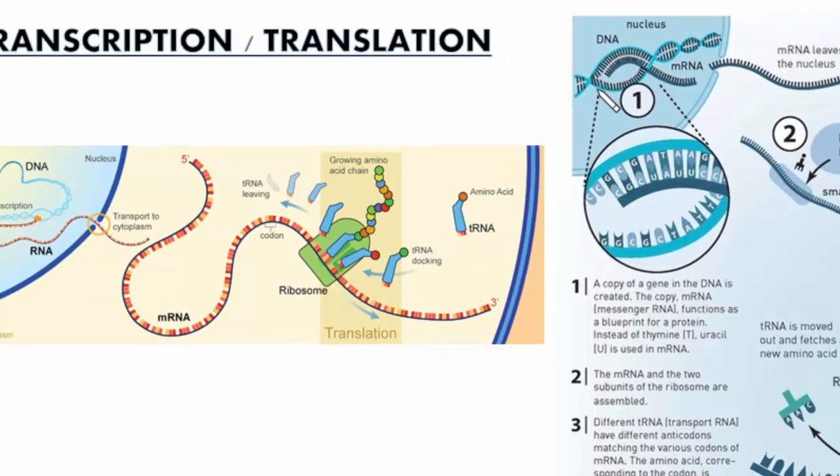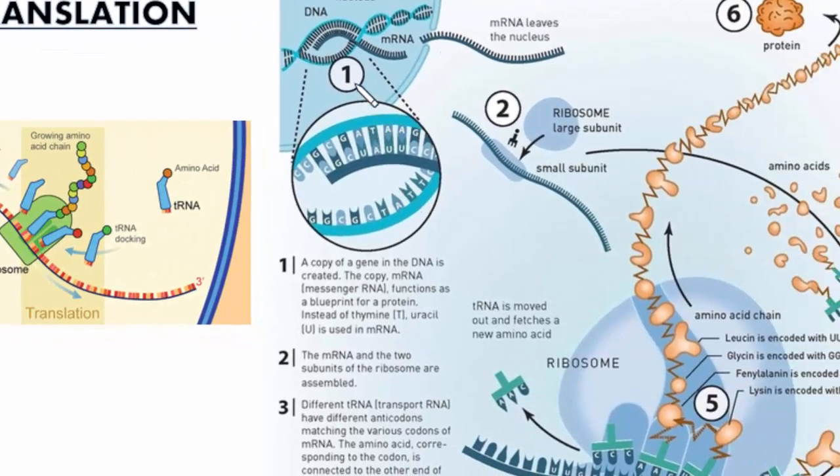Now, if we look at the larger diagram over here, we can see another view of the same thing. You can see over here DNA is unzipping, so there's the strand that is being used to build the mRNA. So here is messenger RNA. Messenger RNA then leaves the nucleus into the cytoplasm, and in the first step of translation, it interacts with a small subunit of a ribosome. Here you can see a transfer RNA coming in, and the large subunit of the ribosome attaching, and that's the